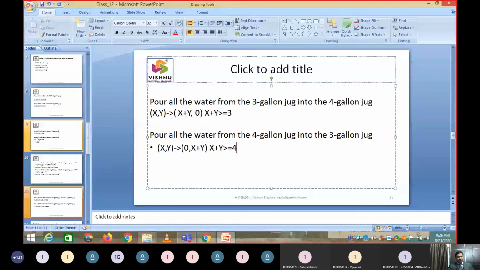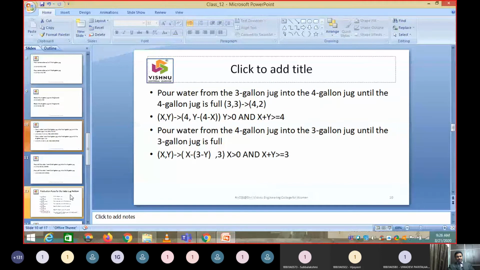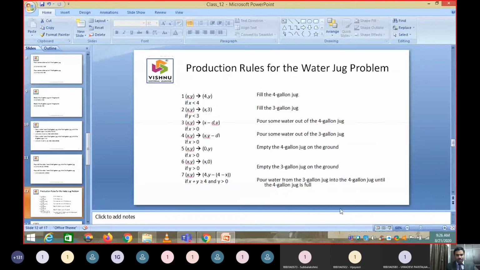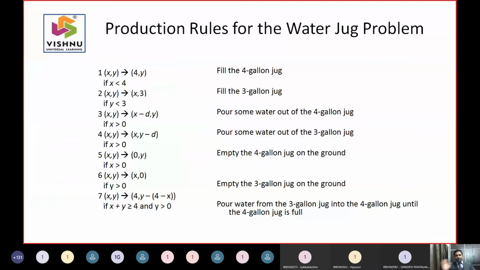All these are nominal, but the earlier slide I discussed is very important. Now whatever I have discussed, I kept in a proper format so that you can understand. See this slide now. This is what we have written till now. When you are attempting the final exam, you need to write like this.